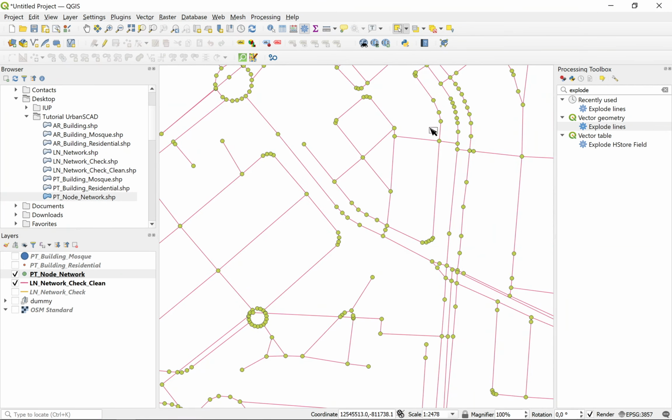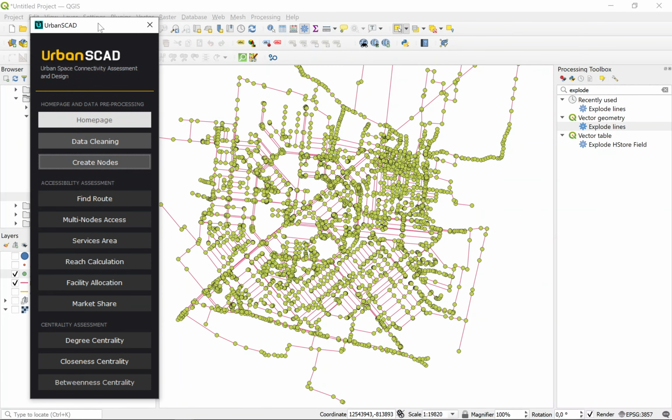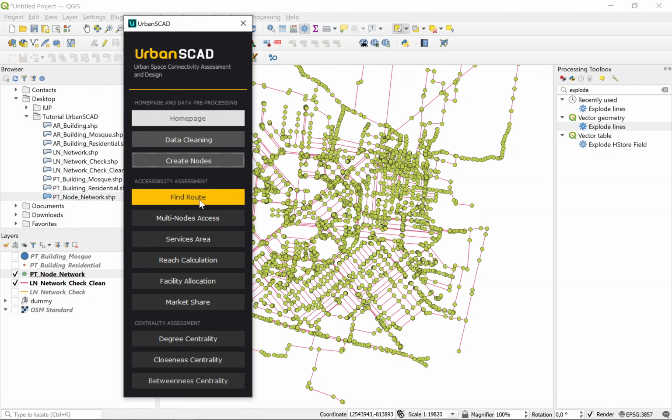we are already running in our QGIS. We already have some features in here. For example, I will give a tutorial on how to find route, to check that our data is clear and ready to analyze in other features, or whether it has some problem. So maybe we can check find route.